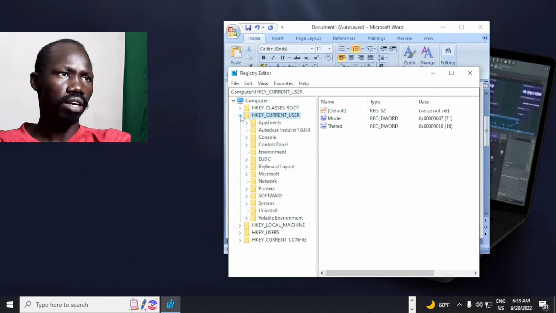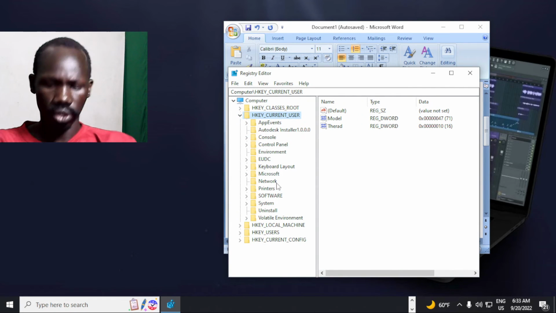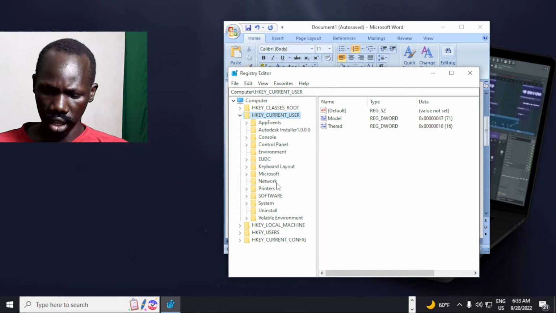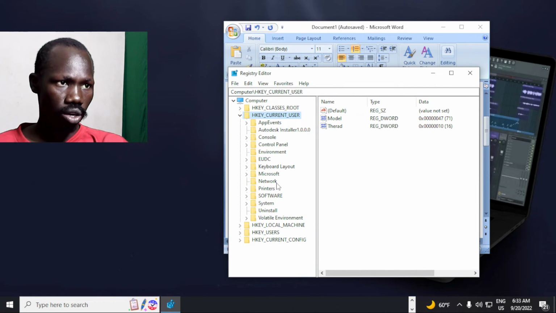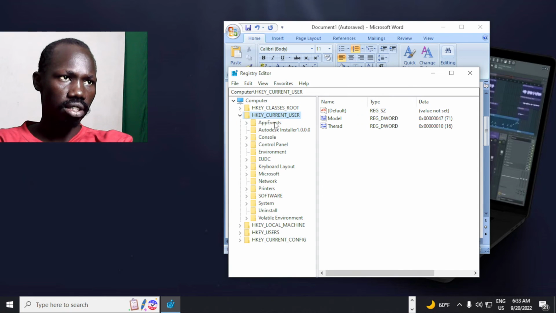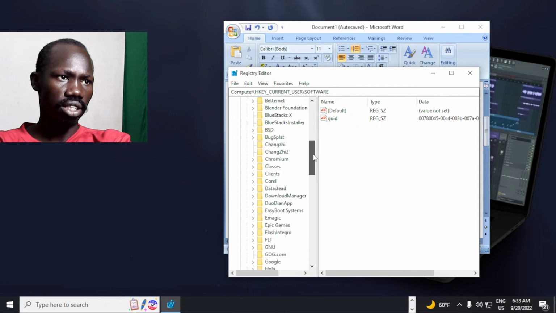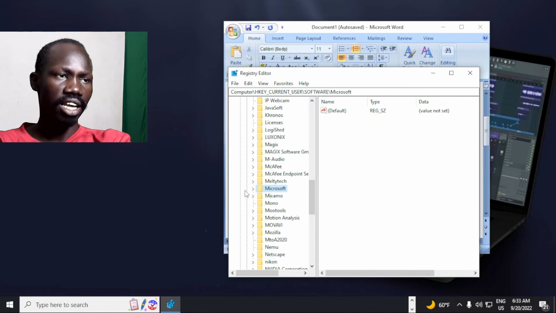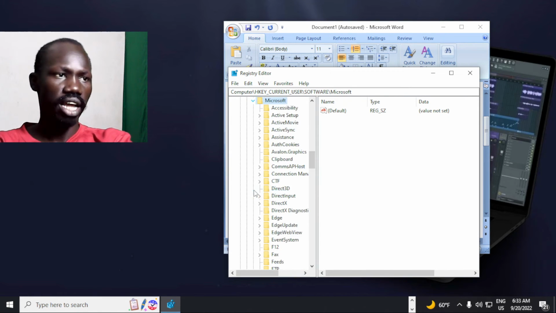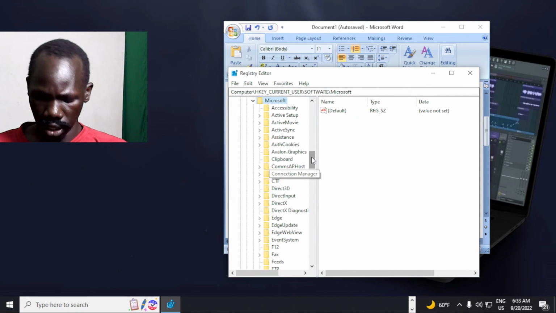Let's simply unfold it, and then we are going to look for Software under HKEY Current User. We click Software, and then down there we look for Microsoft, this one, and then we unfold that just like that, and then from there we are going to look at something called